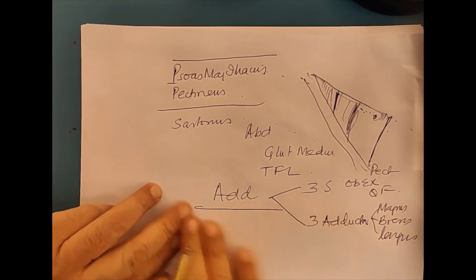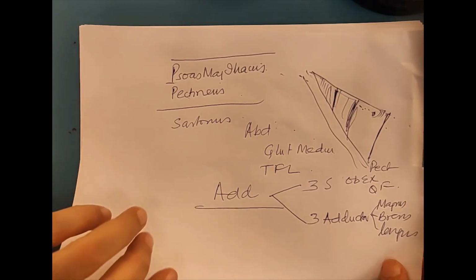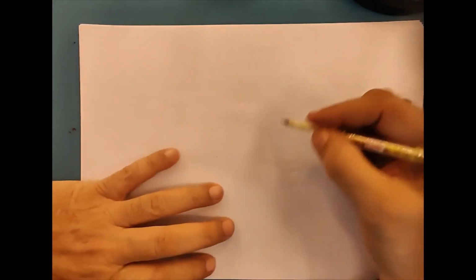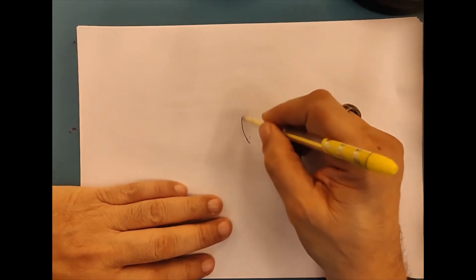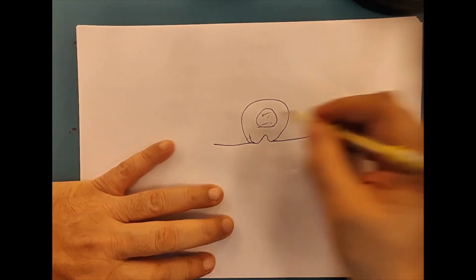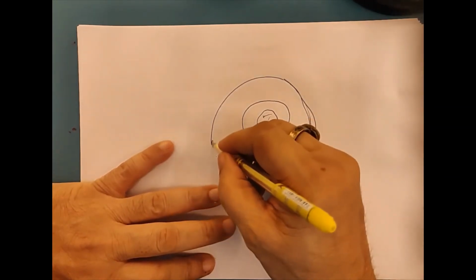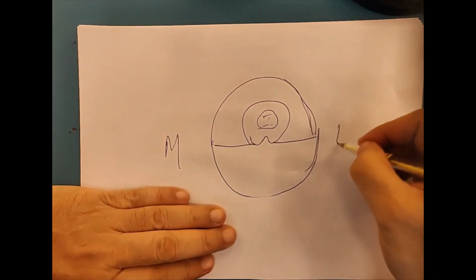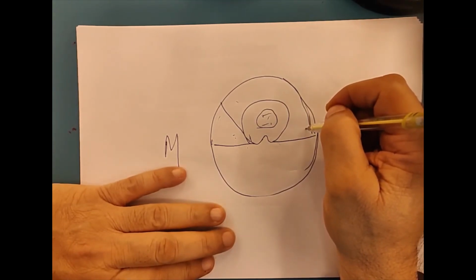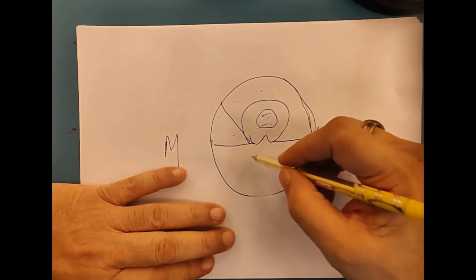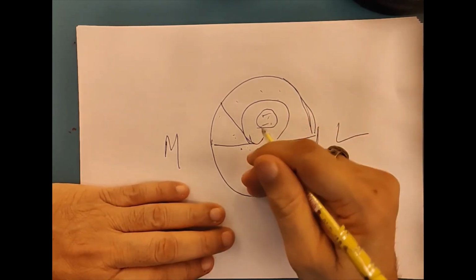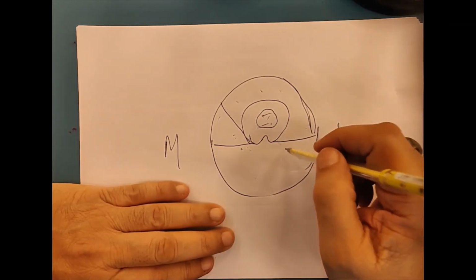All right. After this, we need to study a diagram in which we will cut the section of the thigh and see that if this is the shaft of the femur, these are the two lips, this is the marrow, these two lips have a medial and lateral intermuscular septum, and these septa divide the femur, this is the medial side, this is the lateral side, into an adductor space, into an extensor of the knee and flexor of the hip space, and into the extensor of the hip and flexor of the knee space, because these muscles are going to get inserted into the tibia. They flex the knee, and so this is it.